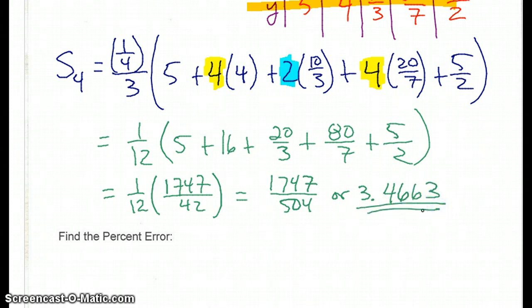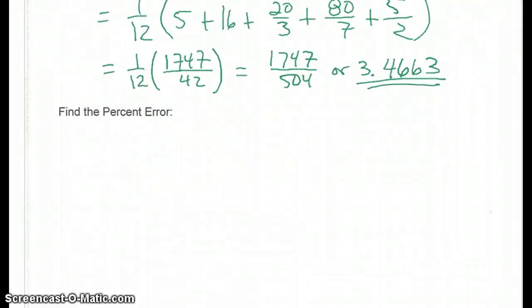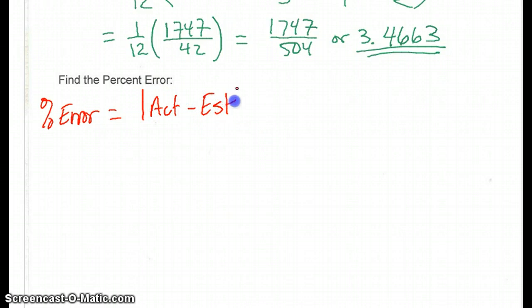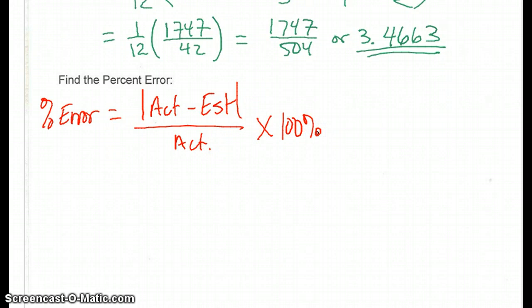Now again, just like with the trapezoidal rule, I may ask you to calculate the percent error. For calculating the percent error, we still need to remember the formula for percent error. That it's actual minus estimated, absolute value, over actual, times 100%. So we need to calculate the actual value of our integral. So the actual